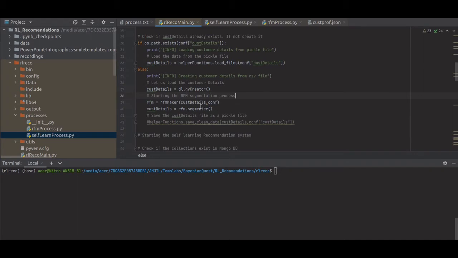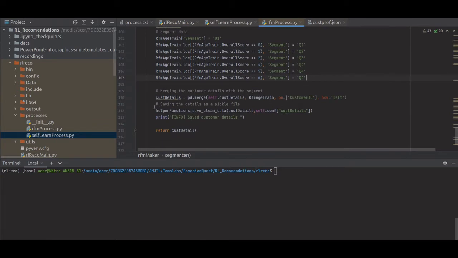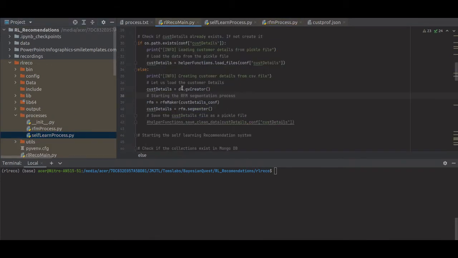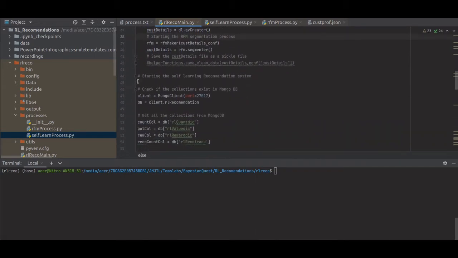Ultimately RFM segment saves the data as a pickle file. Finally this is saved in the output as a pickle file, so that is what you will find in this output here. If you are doing it for the first time, it is saved as a pickle file. So that's the first part, the data processing part.